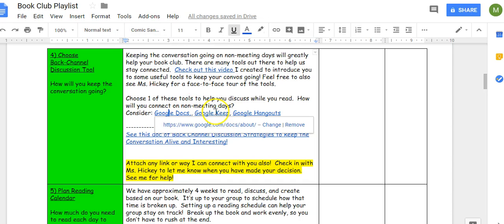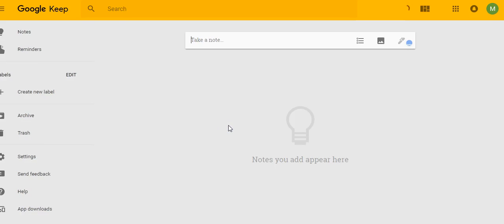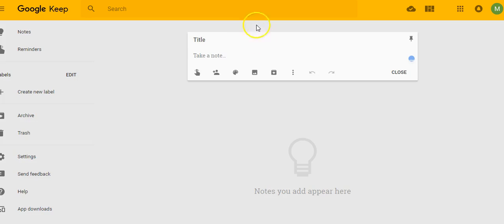Another option that you have is Google Keep. Google Keep is just an online sticky note. And you can share this with whoever's in your group, and you can set this up in a grid view or however it is, and you just might want to start off with first, I can't spell and type or talk at the same time, first